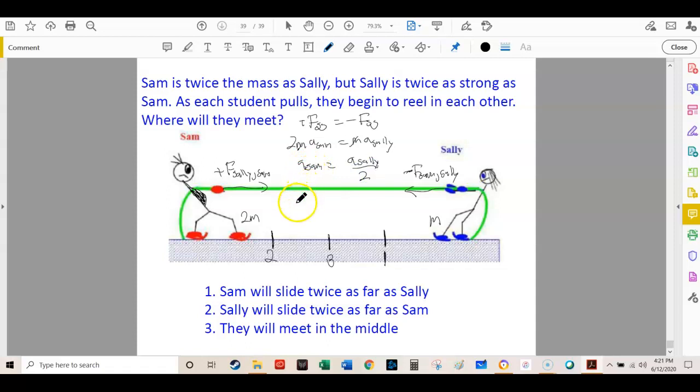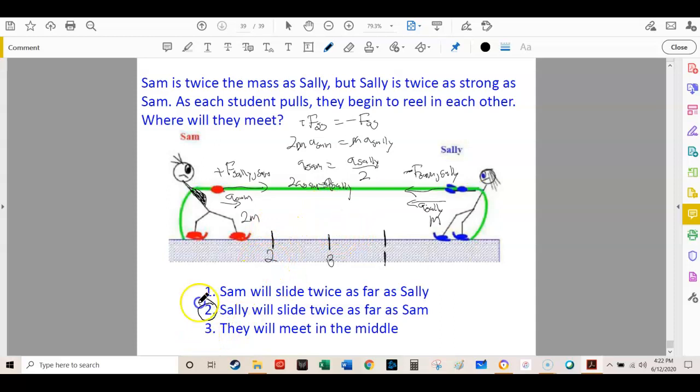So this is saying that Sam's acceleration is going to be half that of Sally's, and that Sally is going to have a much larger acceleration. Sally's acceleration is twice Sam's. So she's going to have a much higher acceleration than Sam because she's lighter, which means they should meet here